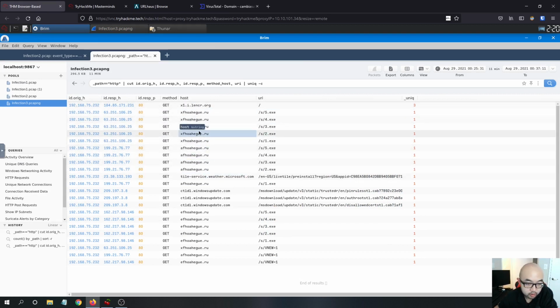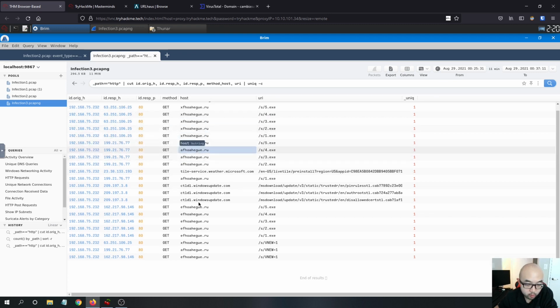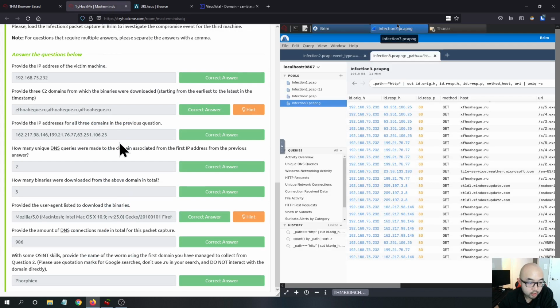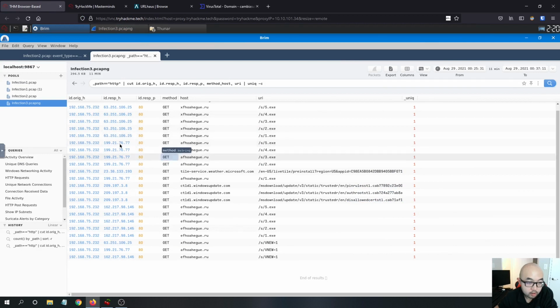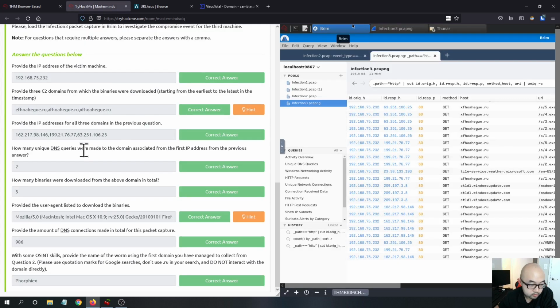So you just put these three unique Russia domains here as your answer, right? And provide the IP address of these three domains in the previous questions. Just need to find a corresponding IP address, right? Straightforward. How many unique DNS queries were made to the domain associated with the first IP address from the previous